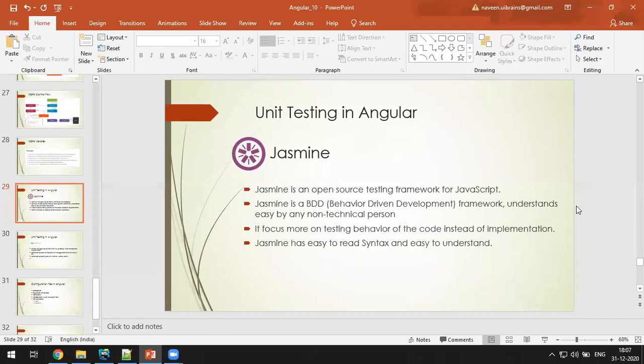So we're going to discuss those concepts in the coming days, from today. And today, one of the very important concepts of the Angular course is unit testing. Unit testing is also a responsibility of a developer. Till now we have developed a lot of applications and components and two different projects also, right? So as a developer,